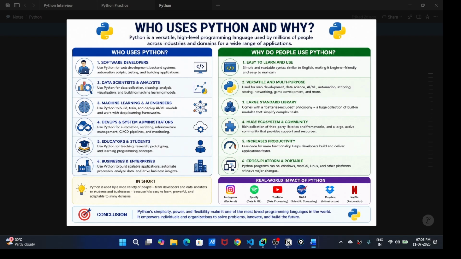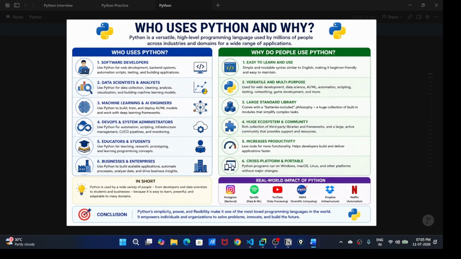For example, if a problem is solved using Java, the same problem can be solved using Python. If Java uses 100 lines of code, Python might use 30 or 40 lines. So with Python, we can often write less code and achieve more functionality.